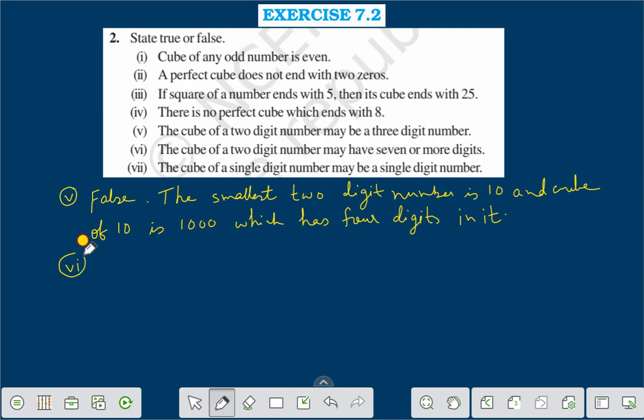Now question number 6 is, the cube of a 2-digit number may have 7 or more digits. Question number 6 is also false. The reason is, the largest 2-digit natural number